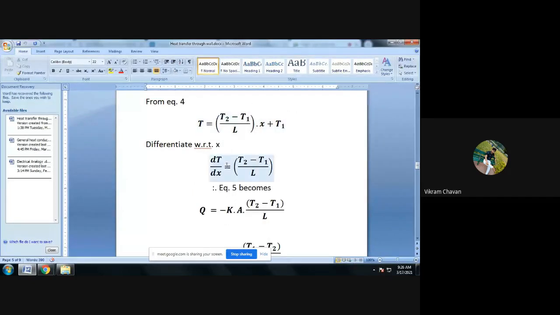After differentiation, we get dT divided by dx, the differentiation of T with respect to x, is equal to (T2 minus T1) divided by L. So we have determined dT by dx. Just put this dT divided by dx in equation number 5, our Fourier's equation. So equation 5 becomes